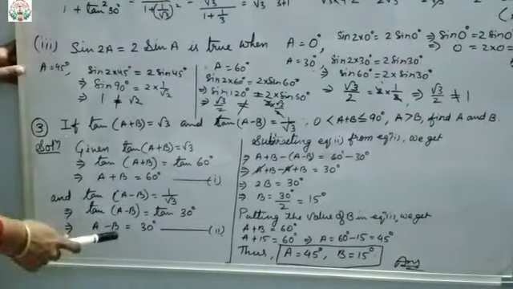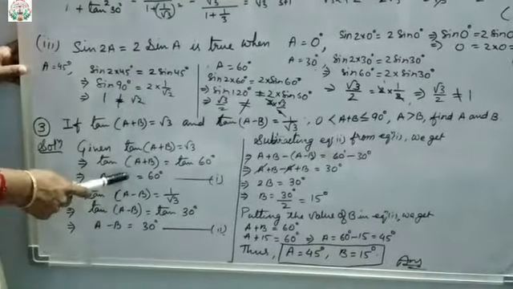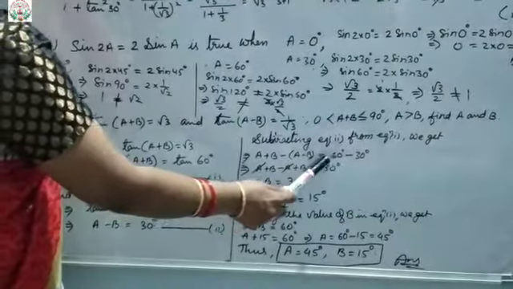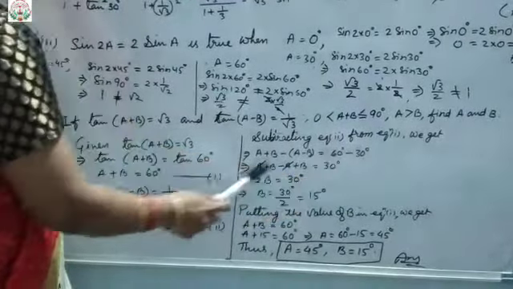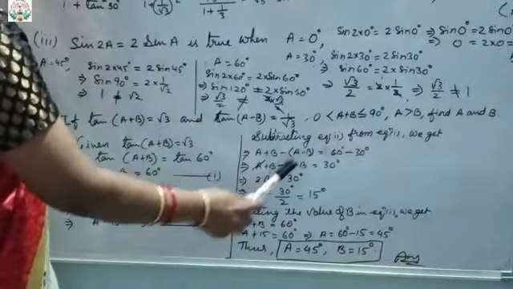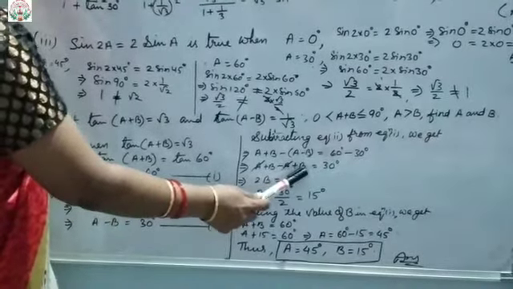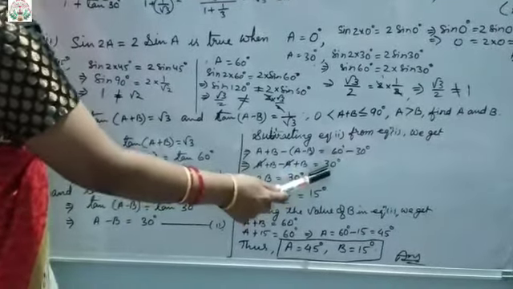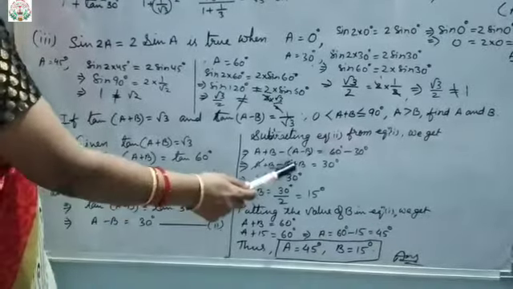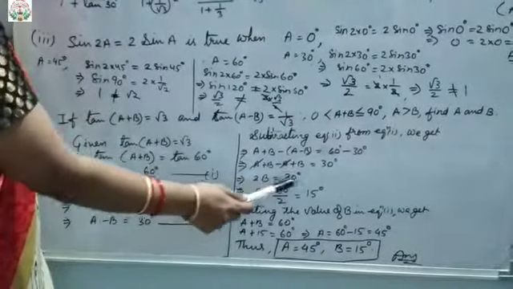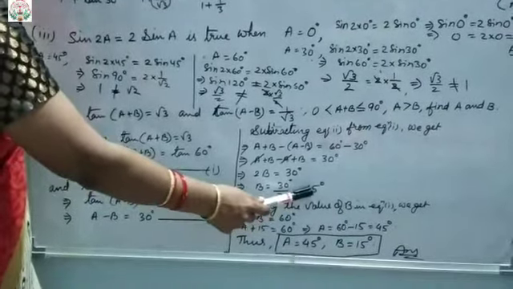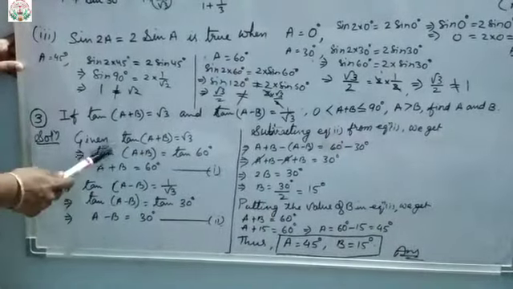Okay. So now if I subtract second equation from the first one, what will I get? A plus b minus of a minus b equals to 60 minus 30. Now minus will be multiplied to a minus b. So what it will be? a plus b minus a plus b equals to 60 minus 30, which is 30. This implies a gets cancelled, a and minus a get cancelled. So 2b equals to 30 degree. B will be how much? 15. After getting 15, in any of the equation, equation 1 or equation 2,